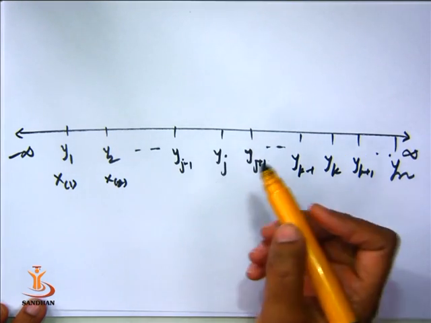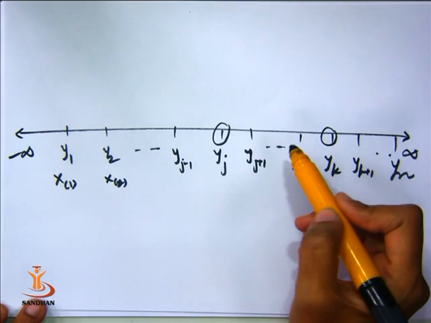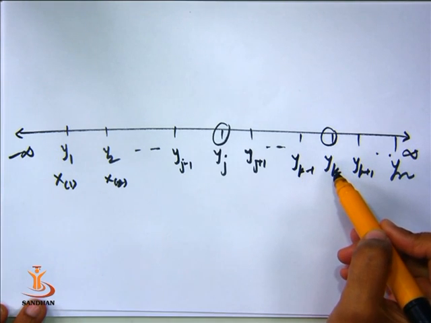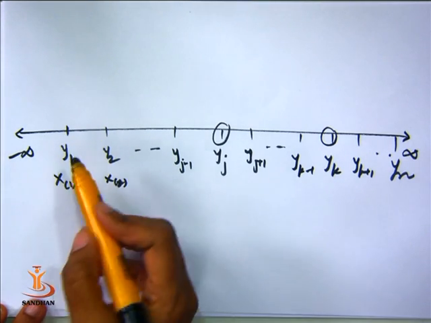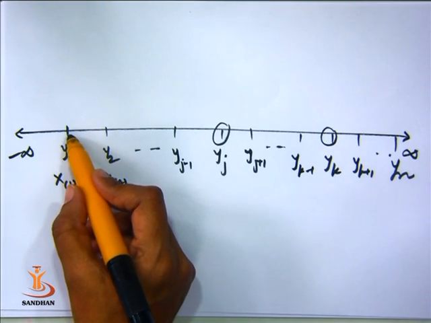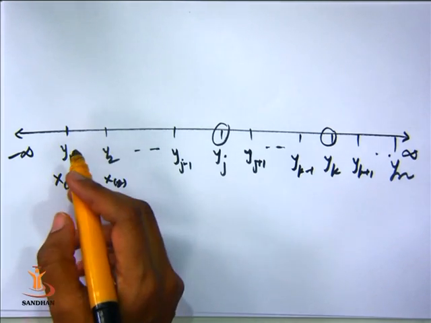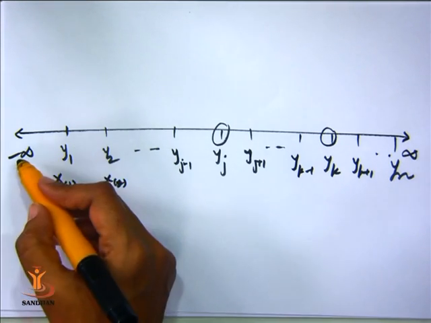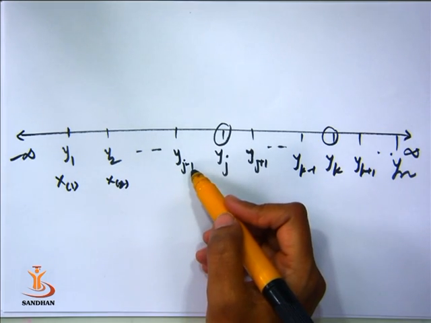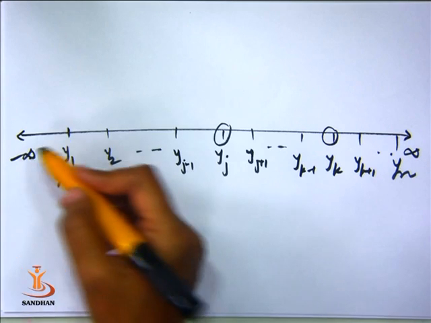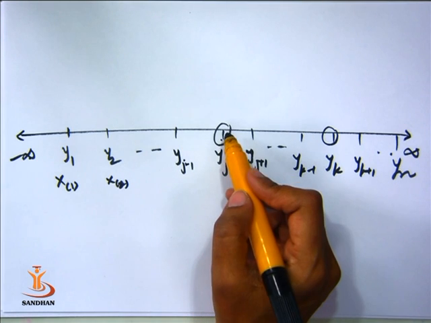So what is coming up is that you are leaving yj and yk because you are interested in the joint density of yj and yk. So when you integrate with respect to y1 first, y1 can be anywhere from minus infinity up to y2, right? Similarly y2 can be anywhere between minus infinity and y3, and so on. When it comes to yj minus 1, it can be anywhere from minus infinity but only up to yj. It cannot exceed the jth order statistic because it is the j minus 1th order statistic.